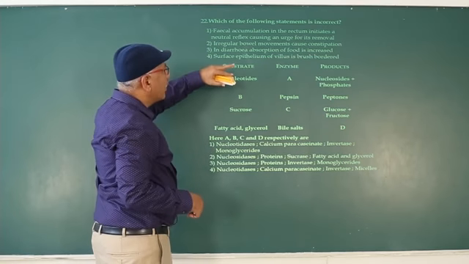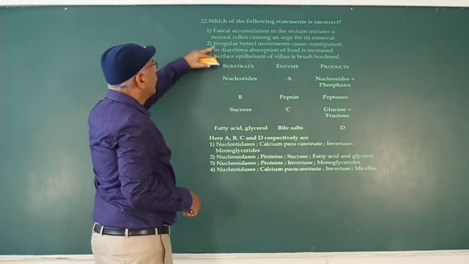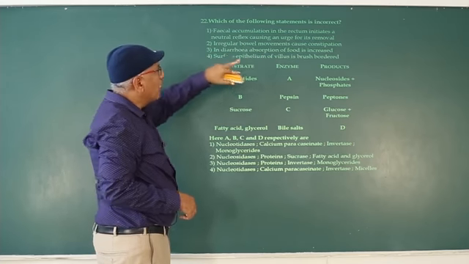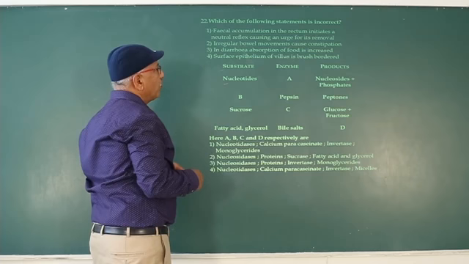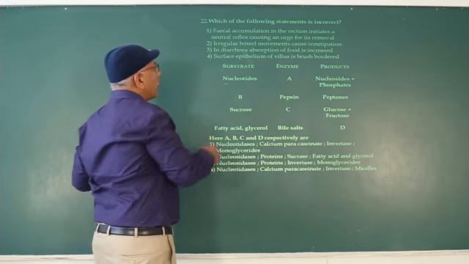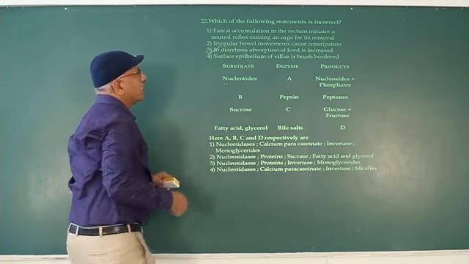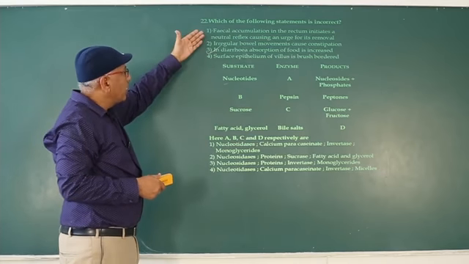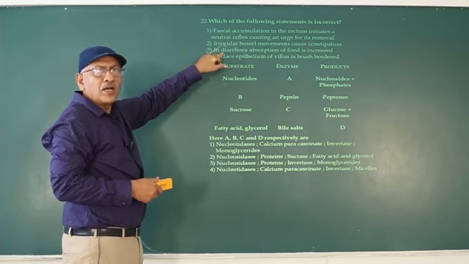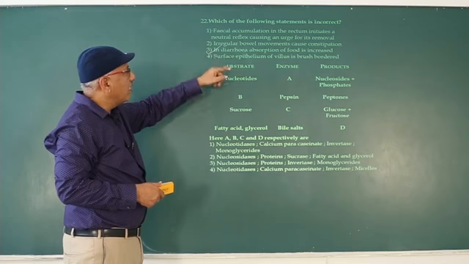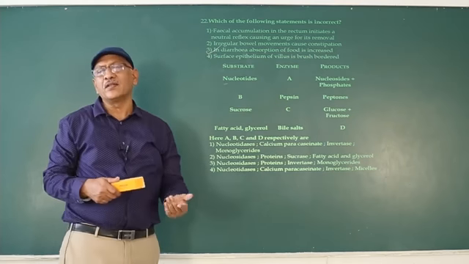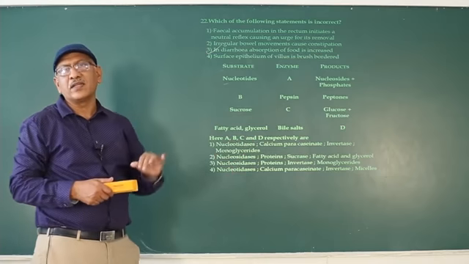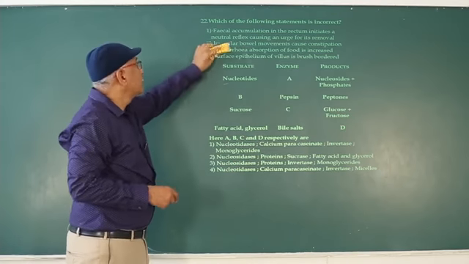Next one, in diarrhea, absorption of food is increased. Here also there is controversy. The symptom of constipation is irregular bowel movement, so the more appropriate answer is 3. The third one is wrong, relative to the remaining options. In diarrhea, absorption of food decreases. So that's why the third one.